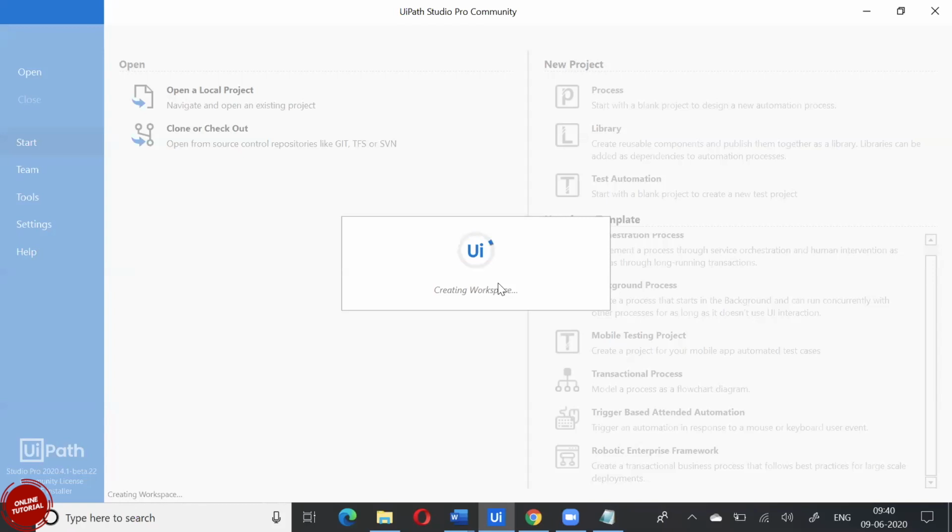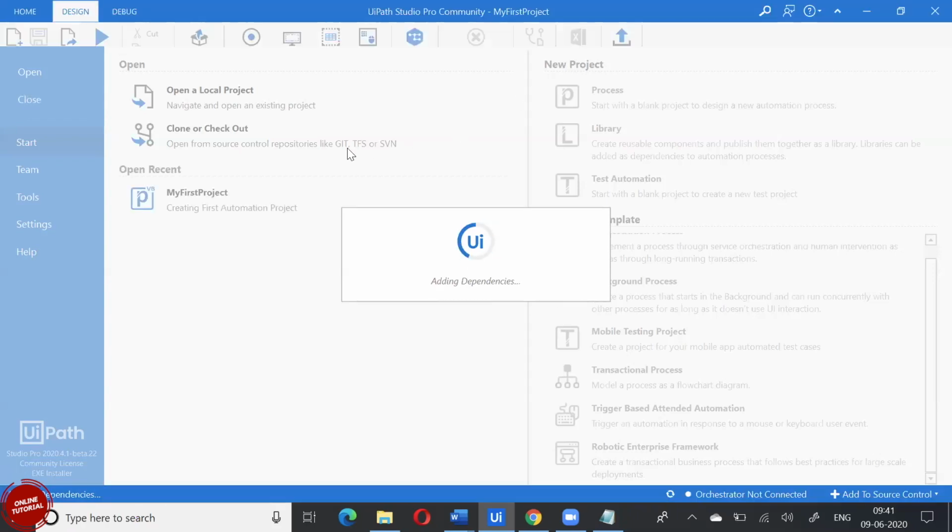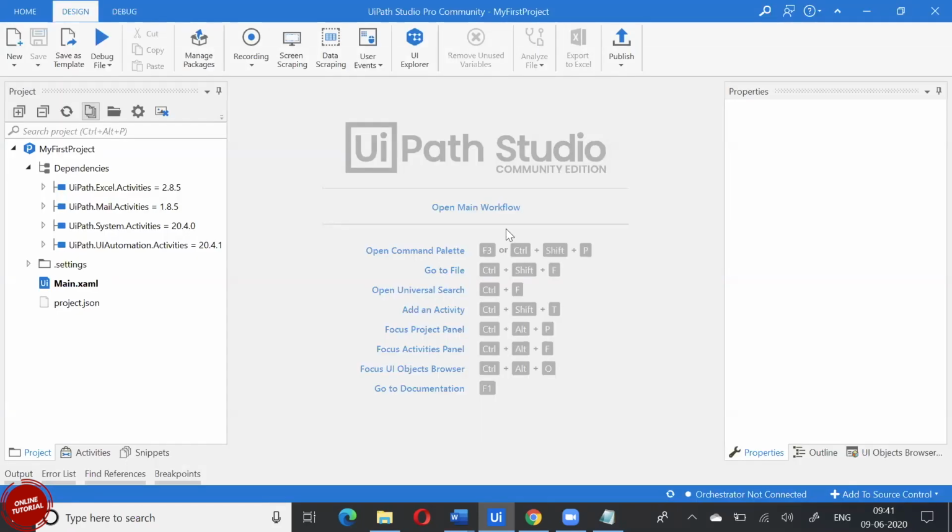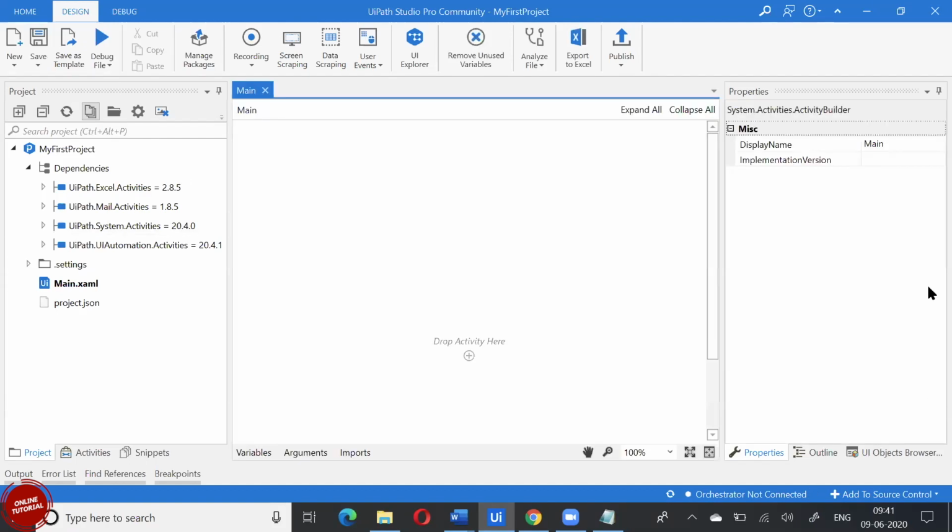You have created a process now? Yes, I have created a process. We just have to give a name and description and click on create. Is there any restriction between the licensed version and this community edition? No, everything remains the same. No change in your layout, nothing.